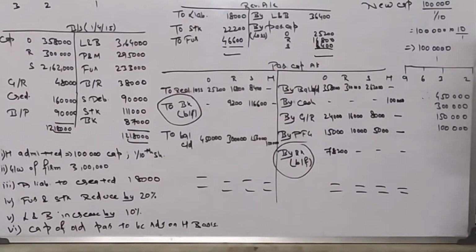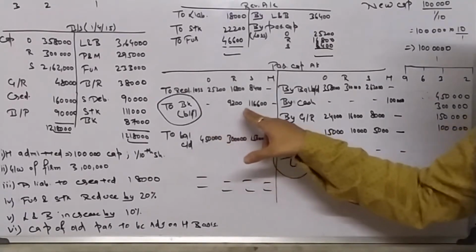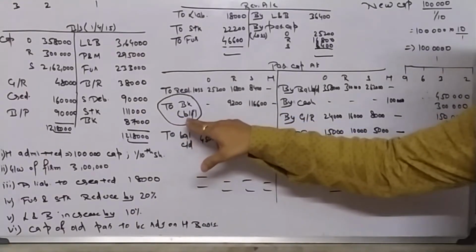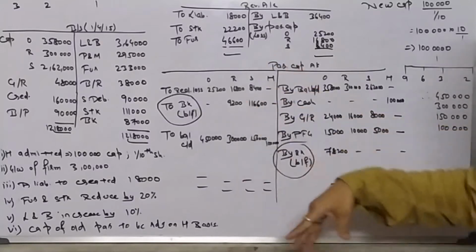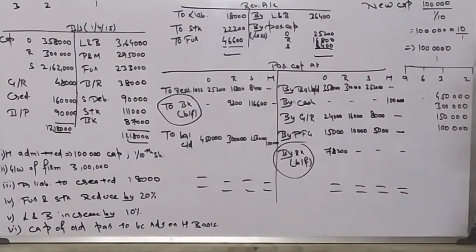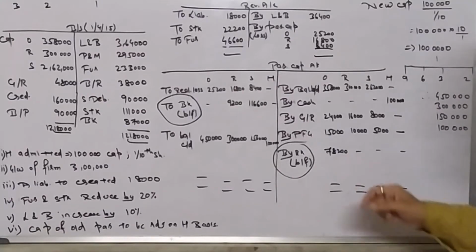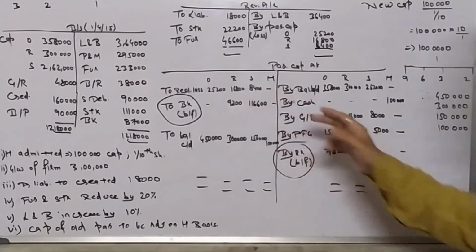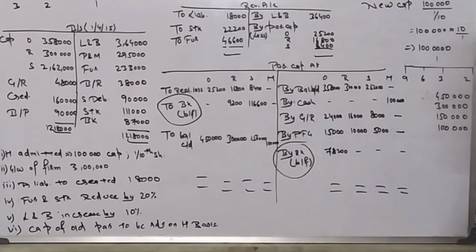What need to do? Simple, sir. Wherever balance is less, I will write to cash or by cash, or to bank or by bank. Here, R and S: this side balance was short. I have written to bank and balancing figure and put the amount over here. Now R and S accounts will match. O: this side was short. I have written the amount on this side, by bank and balancing figure. This is how I have adjusted both sides.